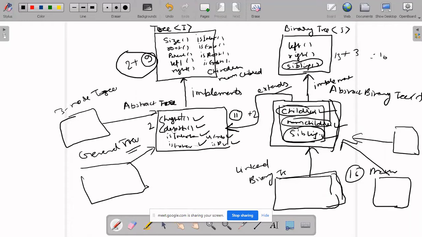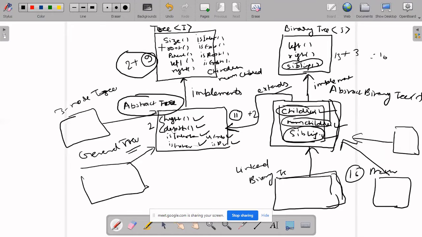The purpose of explaining all this was to make you understand the importance of abstract tree. People know Java, people understand what an interface is, what an abstract class is, what a class is. But where to use an abstract class and where to use an interface, that differentiation is very important.